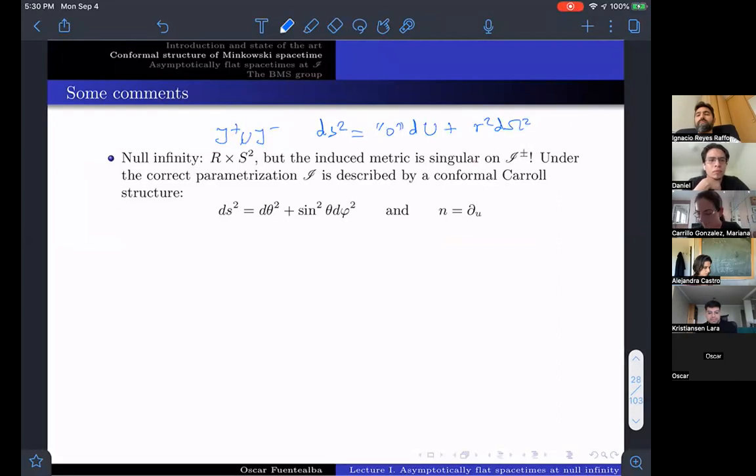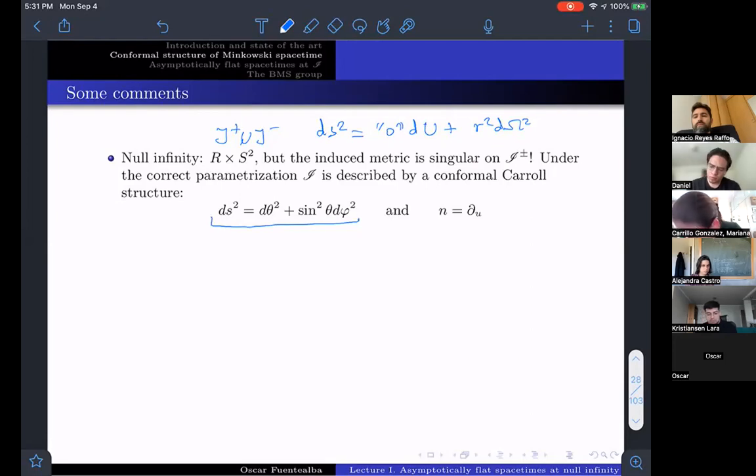And also we have a function that is manifestly zero when we evaluate it on null infinity, and this is a conformal factor. So the gradient of the conformal factor will describe the evolution through this null surface. And we have this induced metric and the correct parametrizations that I won't write here, but it's not difficult to find under some change of coordinates. So under the correct parametrization of scri, we can find that